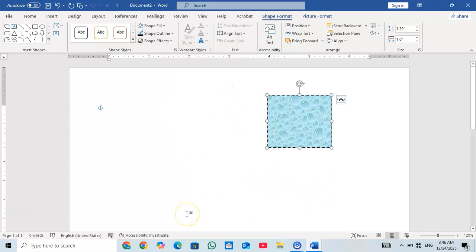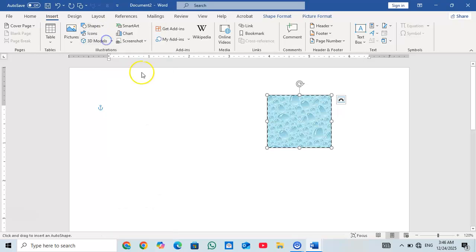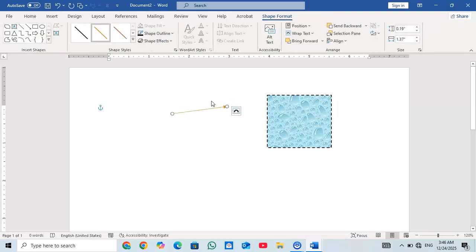So let's go back to the Insert tab, Shapes, and now let's choose an arrow, for example this. By clicking and dragging, I draw this, for example, here. Arrows are great to point at important text or pictures. You can also change the arrow color, thickness, and style in the Shape Format, like here the style, shape outline, or any style you want to change here.